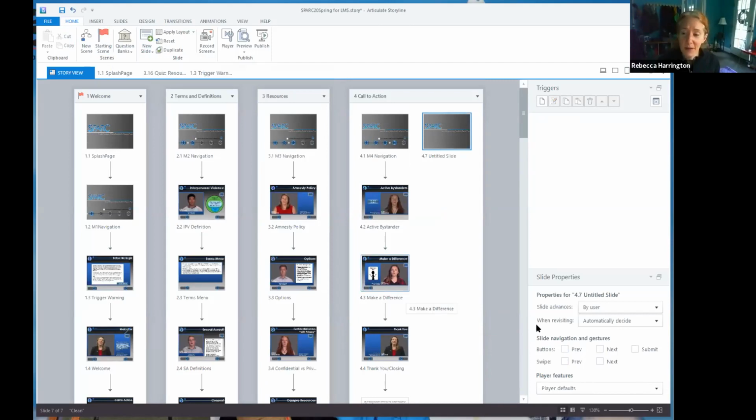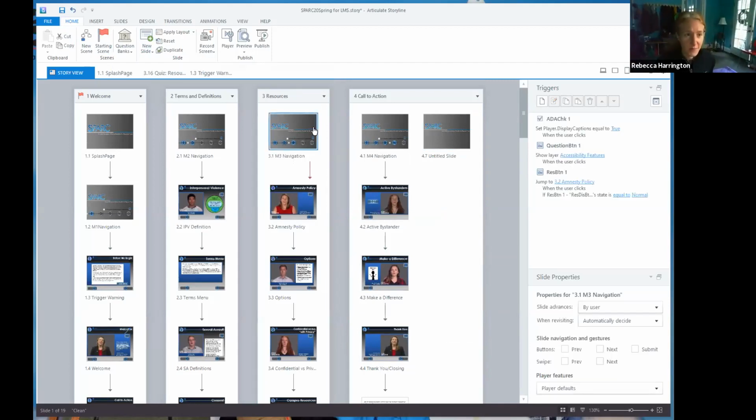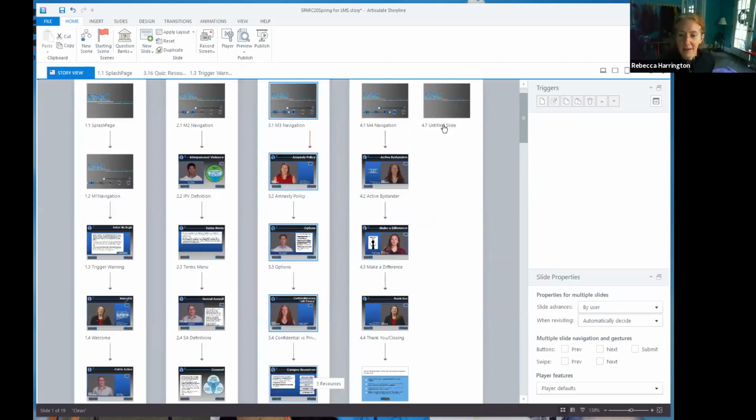So honestly, the easiest way to get rid of all of them is to let this persist until you're done adding slides, and then click on any slide in the scene. I'm a PC user, so Control A is to select everything, or you can hold Shift and keep clicking all of these slides. Once you have a whole scene's worth of slides, you can come over here and click and turn them all off.